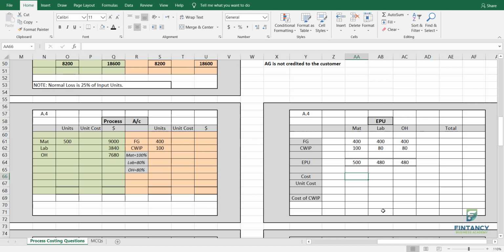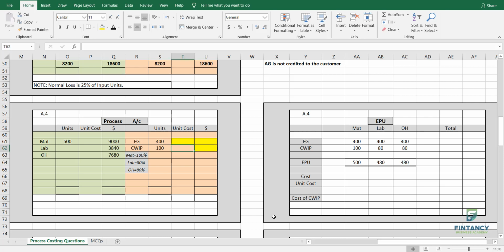What is our target basically? Our targets are three things. How many things? Three things. Let me highlight in yellow color. This one, and this one. These three are the major requirements in a process costing question. So they will ask you how much is the unit cost? How much is the cost of finished goods, which is this total amount? And they can ask you how much is the cost of closing work in progress, which is this amount.